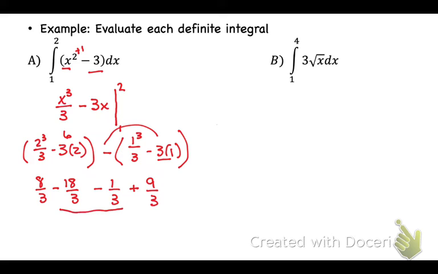So these two together get me negative 19, right? Yeah. Plus 9 would be negative 10. Yep. So 8/3 minus 10/3 is negative 2/3. And that's it? Mhm. So my answer is